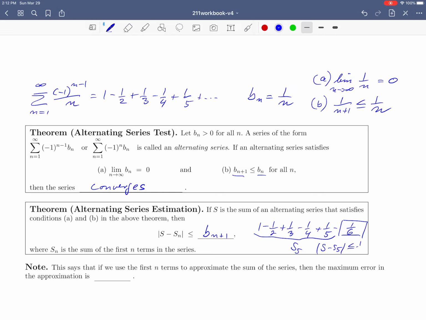So whatever this is, this would be S5, and S5 minus S in absolute value, so S minus S5, would be less than or equal to 1/6. So using the first 5 terms of my alternating series would get me to within 1/6 of the true value of the alternating series that we saw in example 1. So to complete the note, this says that if we use the first n terms to approximate the sum of the series, then the maximum error in this approximation is